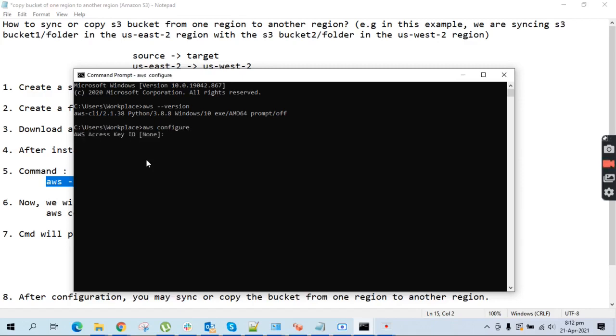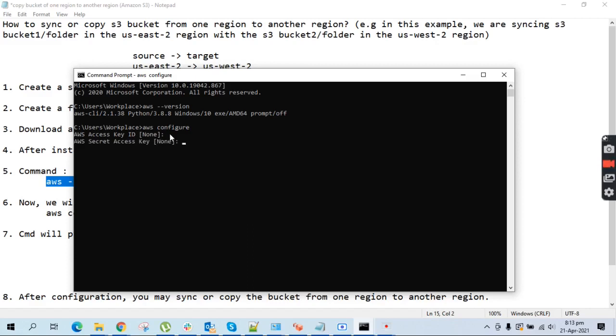Here the CLI will ask for credentials and some information from us, which will be the AWS access key ID. These keys can be retrieved from the Amazon Management Console from the user panel. We will give the AWS access key ID, then the AWS secret access key.